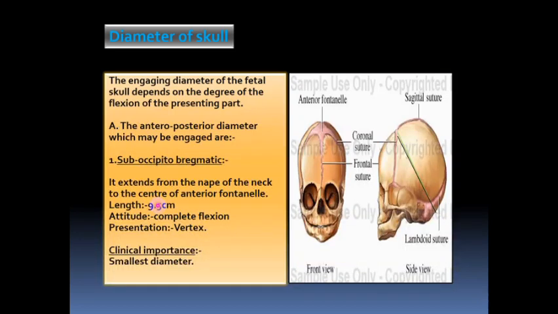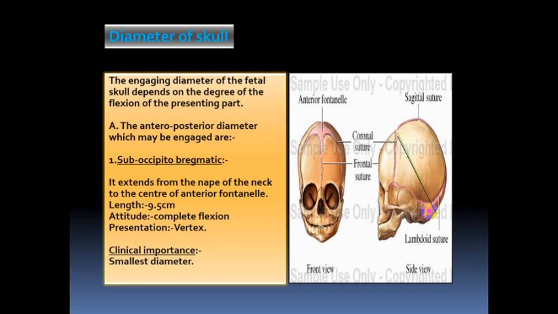Now we will shift to the diameters of the skull. We have two groups of diameters: the longitudinal and the transverse diameters. We will discuss the longitudinal diameters first, which depend on the degree of flexion of the fetal head. If the fetal head is well flexed, that is to say the chin is attached to the chest of the fetus, the head is completely flexed, then